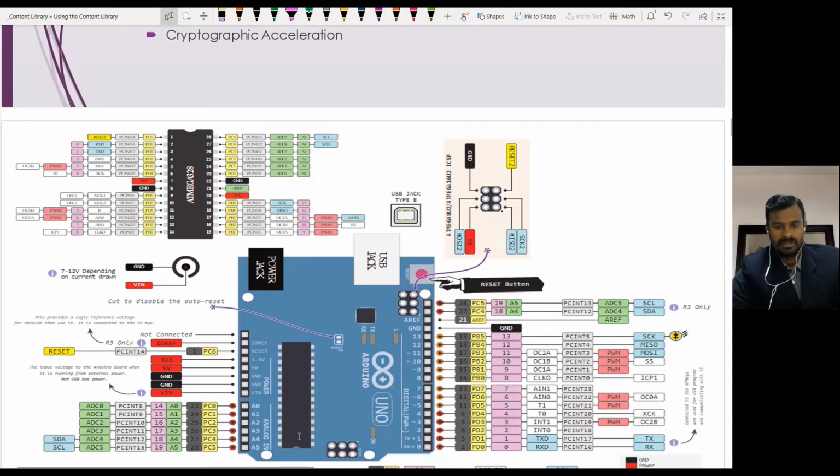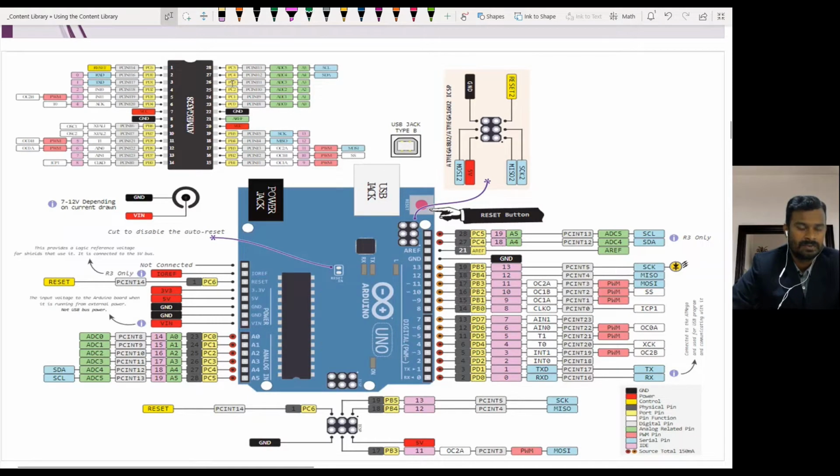Here I have a microcontroller, the Atmega 328. This Atmega 328 has 28 pins, where all our digital input and analog pins, power supply, and crystal will be connected. These chips we can also buy separately instead of buying the whole board, and we can make our own Arduino board as well.